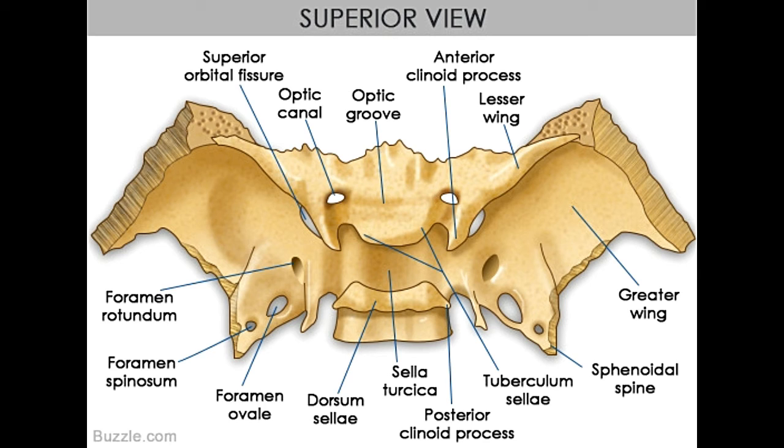The edges at the front of the lesser wings are connected with the orbital section of the frontal bone, as well as the cribriform plate of the ethmoid bone. The superior orbital fissure, which is a narrow opening located between the greater and lesser wings, runs diagonally along the back of the orbit. Oculomotor, trochlear, trigeminal, and abducens nerves pass through the fissure. The optic nerve and the ophthalmic artery pass through the optic canal that is located along the wings.